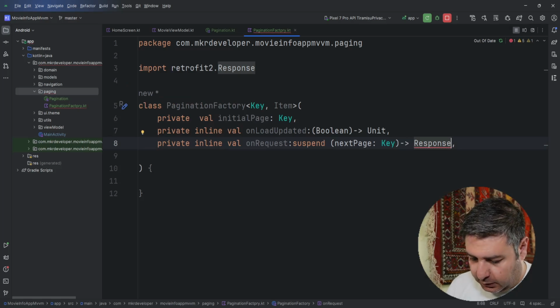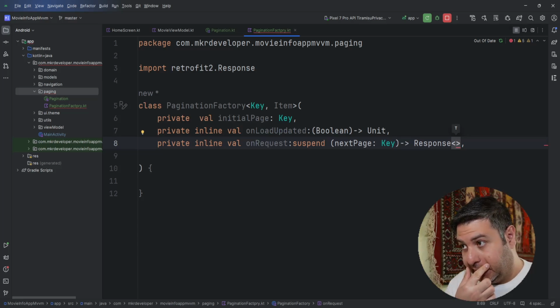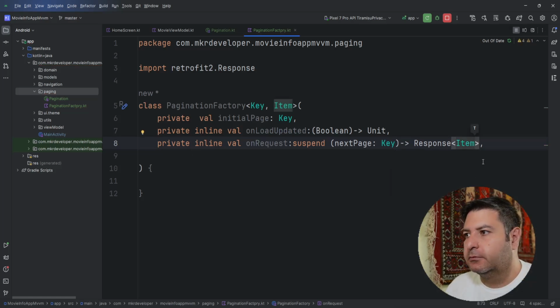Okay, and the response will send the items, send the received data, the movies, to the view model, and the type of it will be the item. Okay. Then after this,